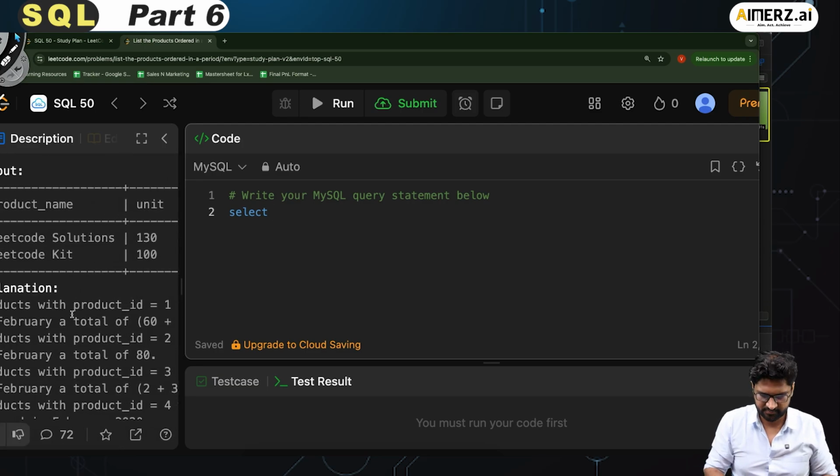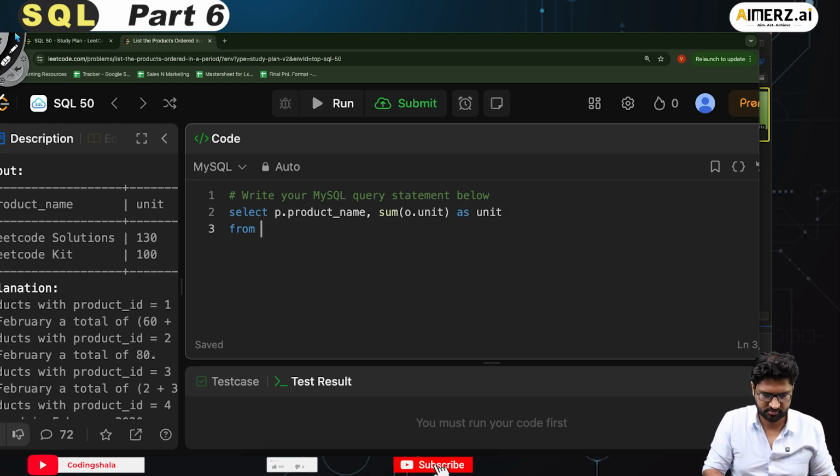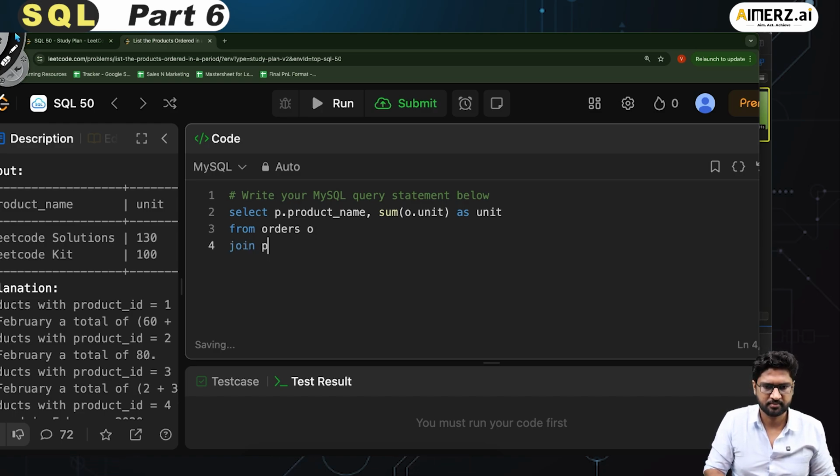So select p.product_name actually, comma, sum of o.unit as unit, from the orders table which is o,